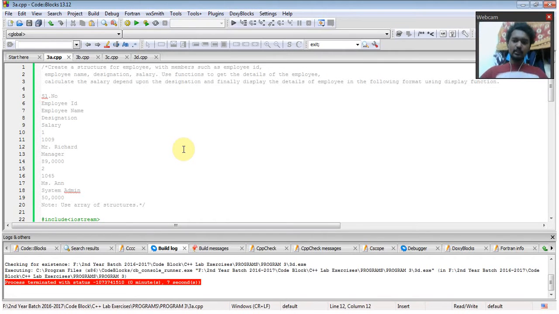Over here we can see the question: create a structure for employee with members such as employee ID, employee name, designation, and salary. Use a function to get the details of the employee, calculate the salary depending upon the designation, and finally display the details of the employee using the display function. Here are some of the examples which have been shown. Now we have to